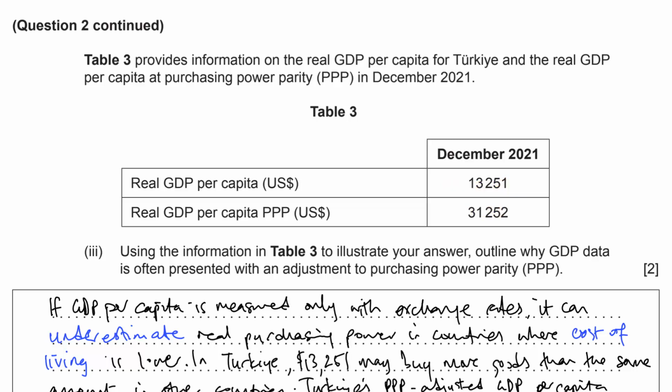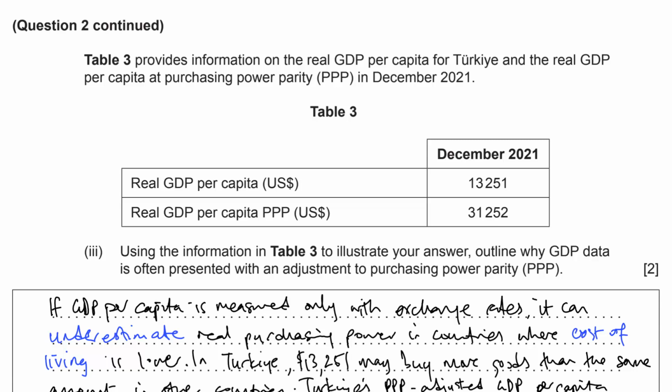Well, question part 3, using the information in table 3 to illustrate your answer, outline why GDP data is often presented with an adjustment to purchasing power parity, PPP. Okay, so the reason why we take PPP is to account for differences in relative purchasing power. If you were to look at GDP per capita, here it says Turkey's got a GDP per capita of 13,251. That doesn't sound like a lot, but when you take into account the fact that $1 in Turkey will buy